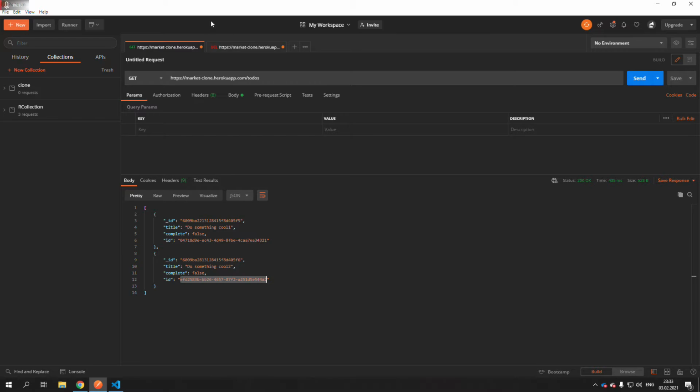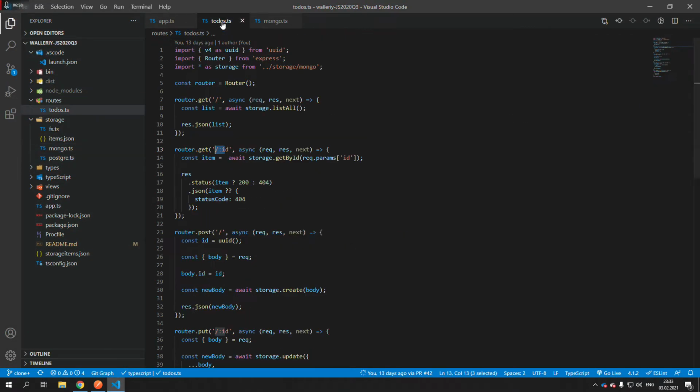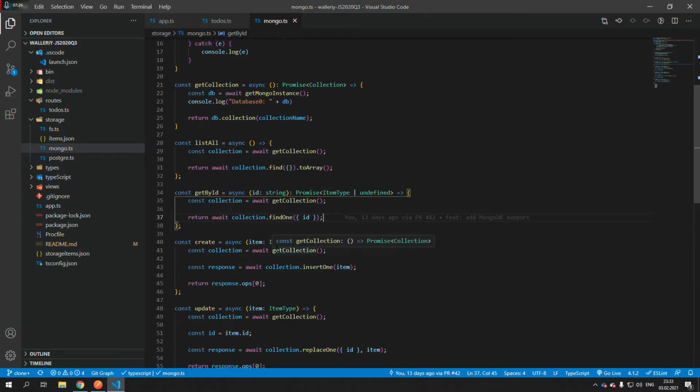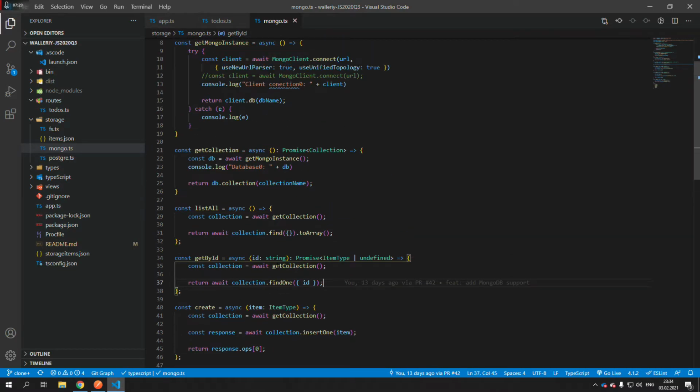When we work with Mongo database, it's better not to create our own ID, but as was shown before, we can use different storages here: Mongo database, Postgre, and file system. So now it's working for all, and if we want to write only for Mongo database, it's better to delete this ID. For example, let's search how it's created. When we work here,